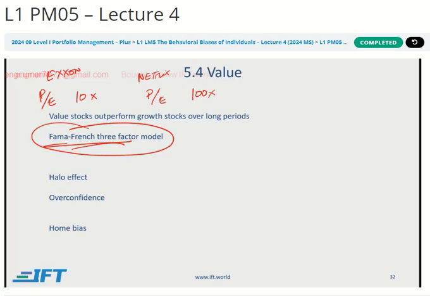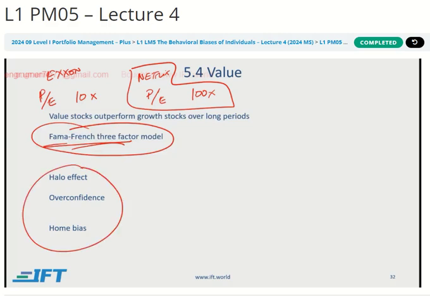But the point here is that Fama and French found that usually what happens with these growth companies is that they get overvalued, they get overpriced, and in reality the growth in earnings is not that much. The reason they get overvalued is because there is a halo effect, that we treat them as saints. Oh wow, look at these new growth models, and Netflix, the subscriber growth is just not going to stop, and you have overconfidence in them, right? Home bias, you can resonate with those companies, you use their products and services, so you just believe that this is the best thing and it's going to go on forever.